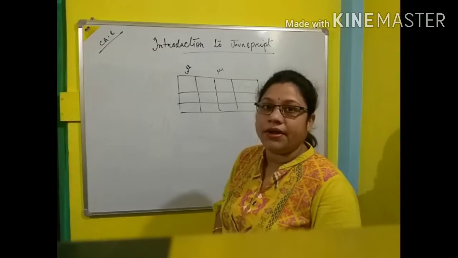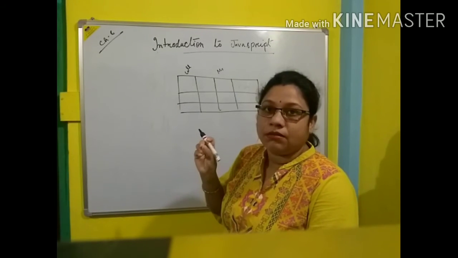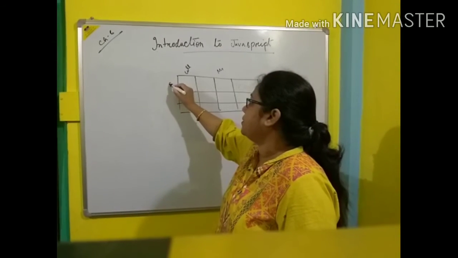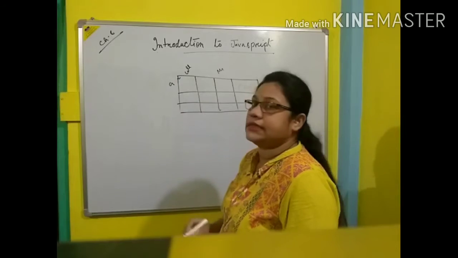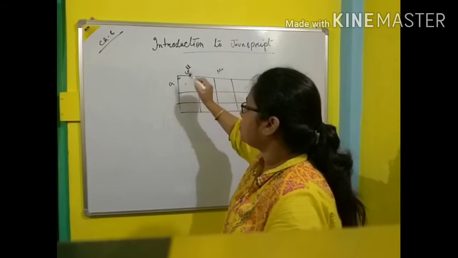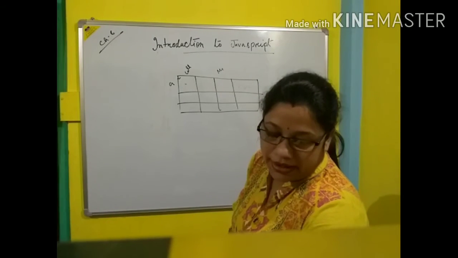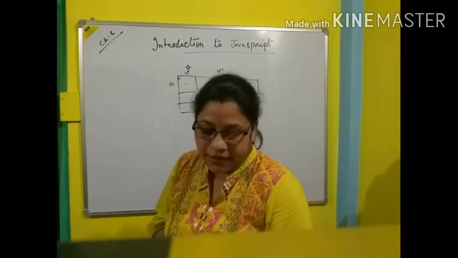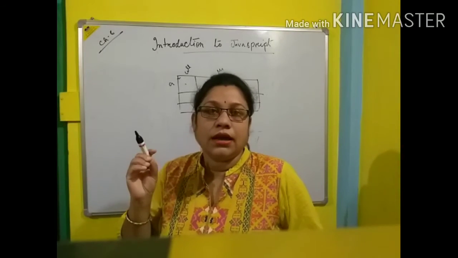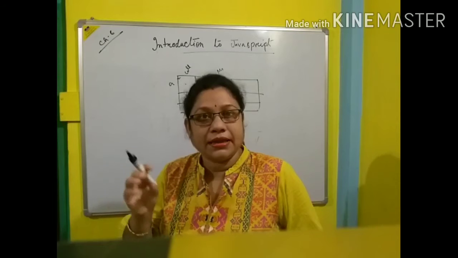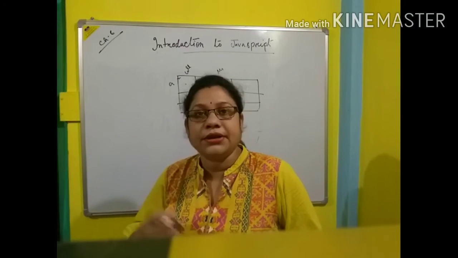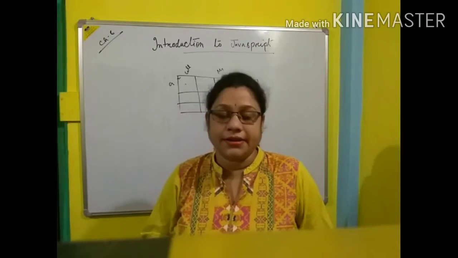So this is a memory, divided into small boxes, and each is known as a cell. When you name a variable in your program, it occupies one memory cell. So it is a named storage area where you can store some data value, and the value can be retrieved later when required. You occupy a memory cell by giving a variable name, store the data there, and retrieve it whenever you require it.